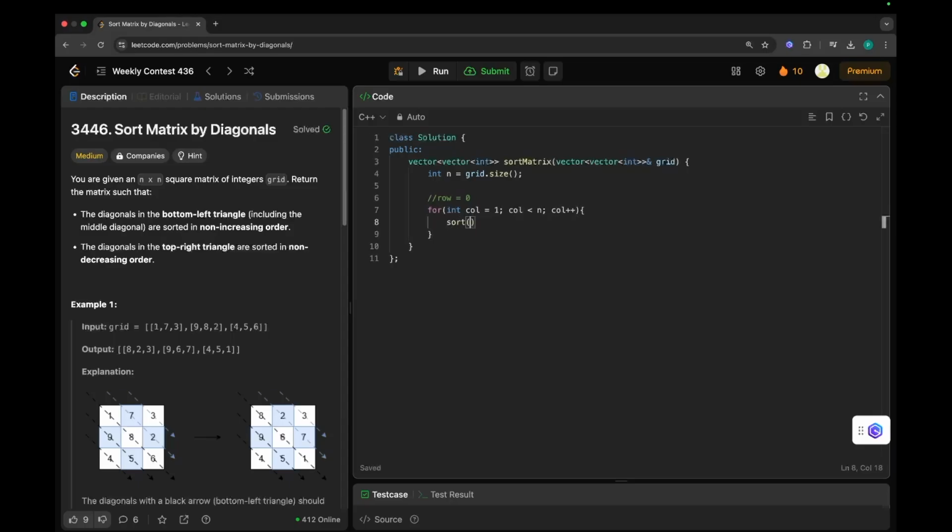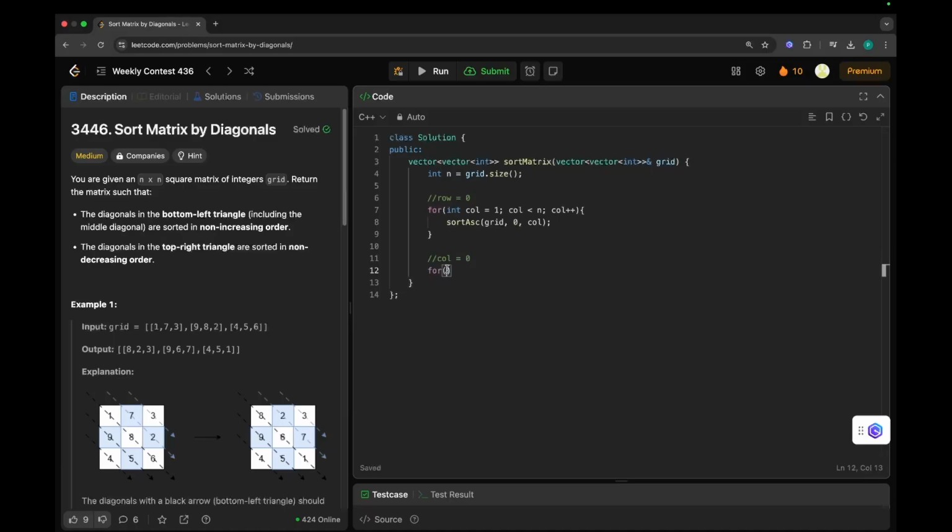So let's take it as a black box, and we need to sort the upper triangle in non-decreasing order. It means ascending order. So I will write sortASC, and we will pass grid, comma row. Row is always 0, so we will pass it as 0, and column, right? We will implement it further, and when column is 0,